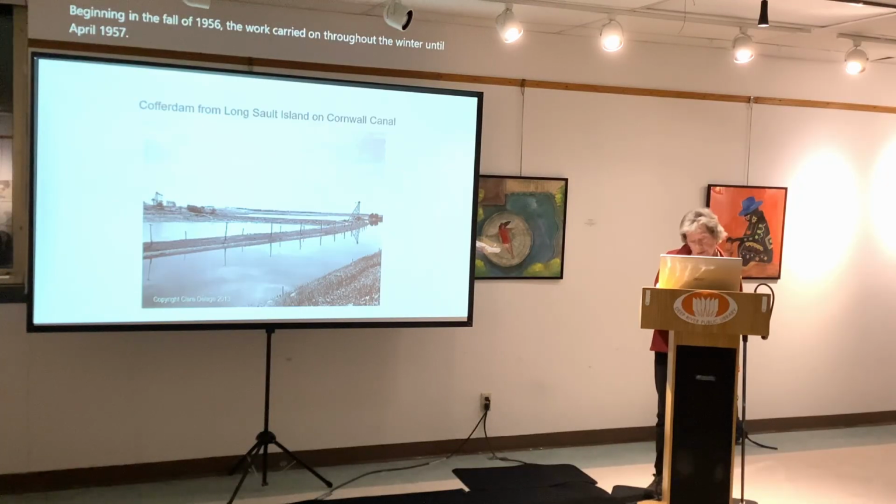2 new lift locks were built on the U.S. side of the river. A 10-mile shipping canal connecting the new lake that was created above the dams to the river below the city of Cornwall. Dikes were built on both sides of the river to control flooding inland once the new Lake St. Lawrence was created.